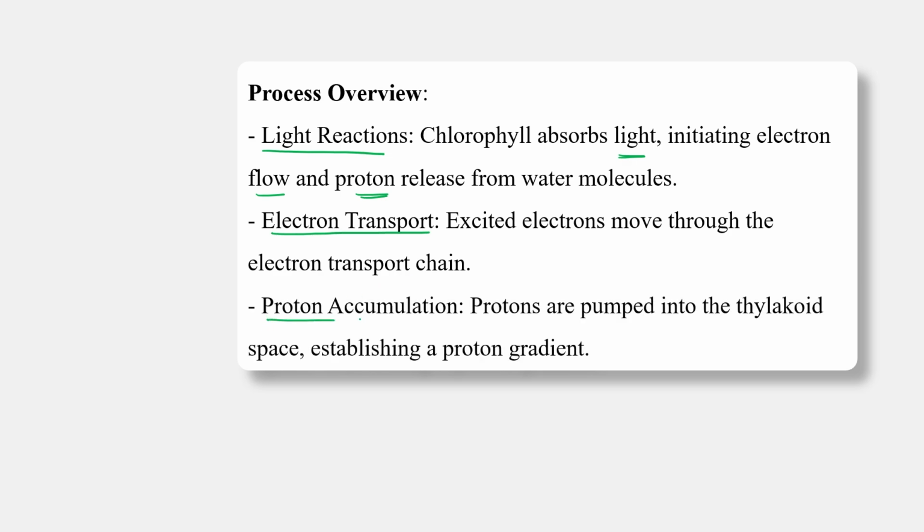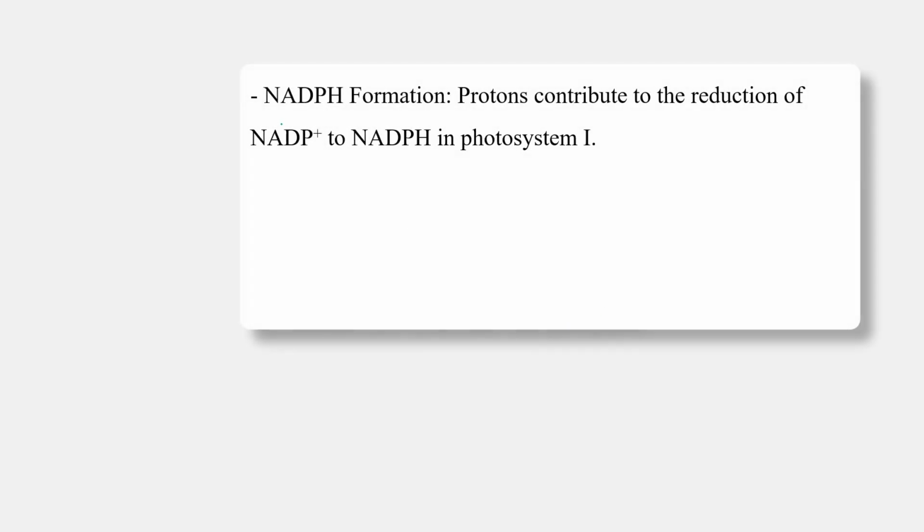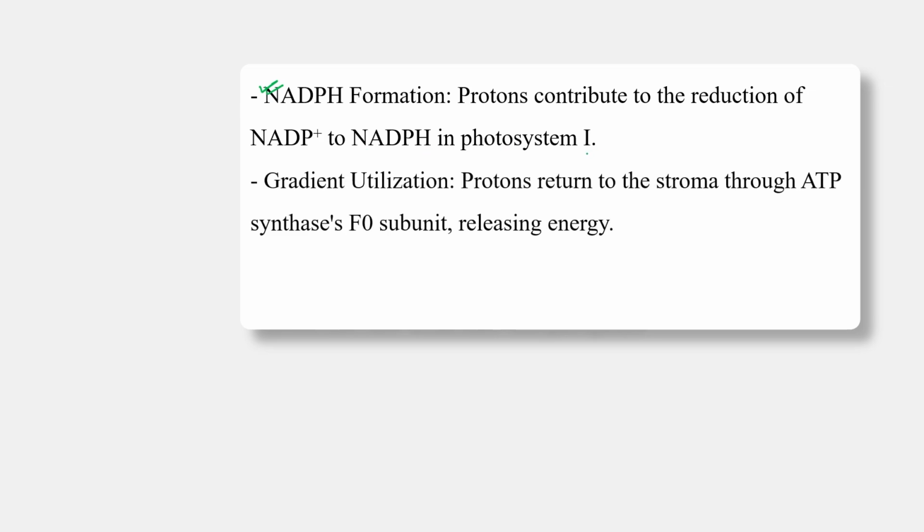And proton accumulation occurs inside the thylakoid space, and this pumping establishes a proton gradient, and during this process NADPH is formed. These protons contribute to the reduction of NADP to NADPH in PS1, and using this gradient, protons return to the stroma